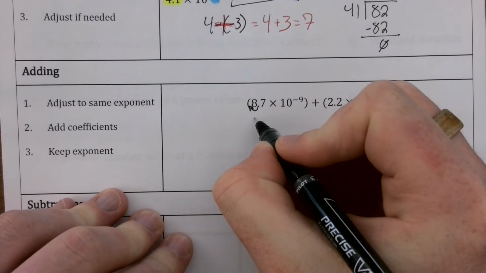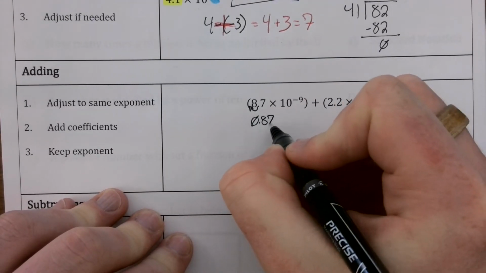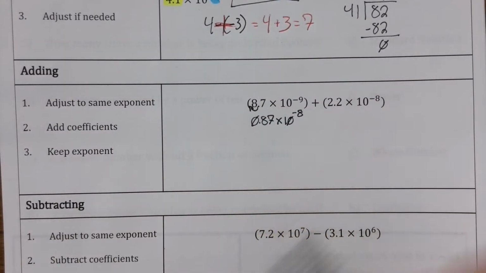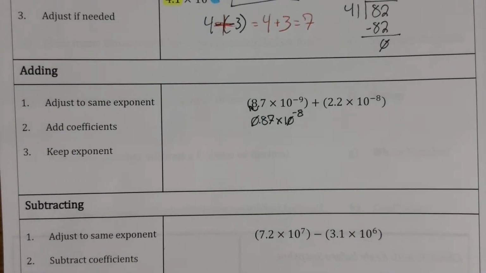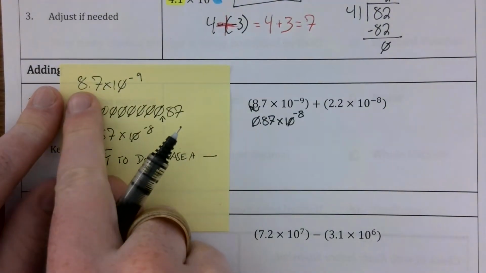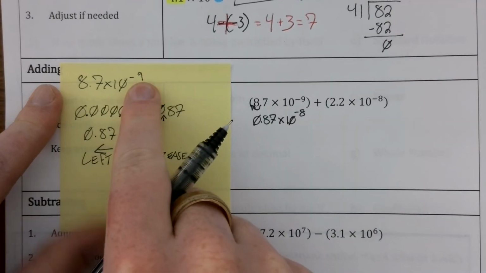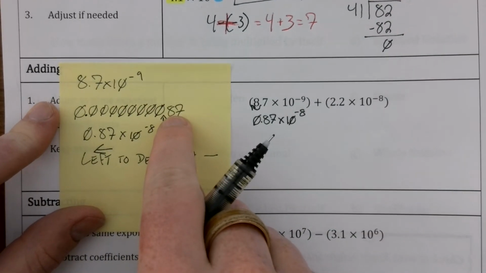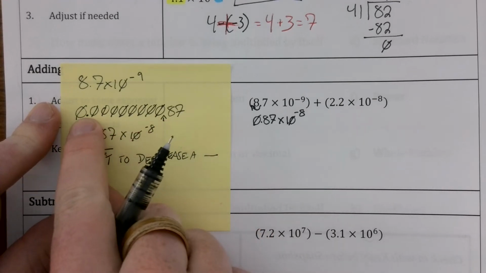So this becomes 0.87 times 10 to the negative 8. And I'm going to show you, because I did that on scratch paper to help me figure out what to do. So I wrote out 8.7 times 10 to the negative 9th. And then I went and I moved my decimal 9 places to the left and got